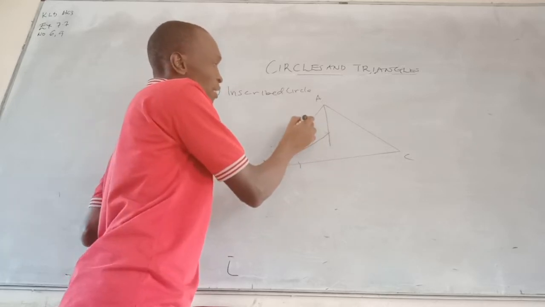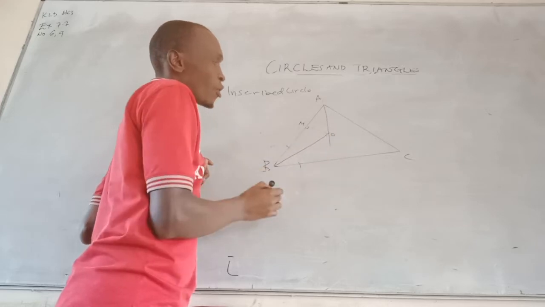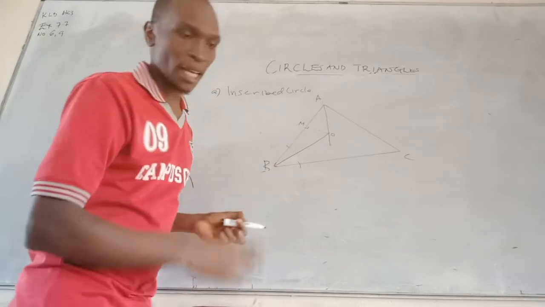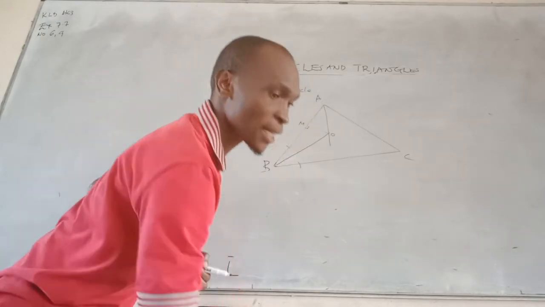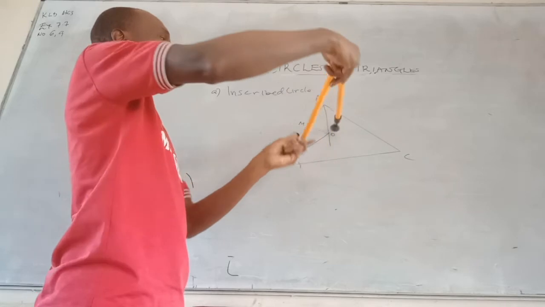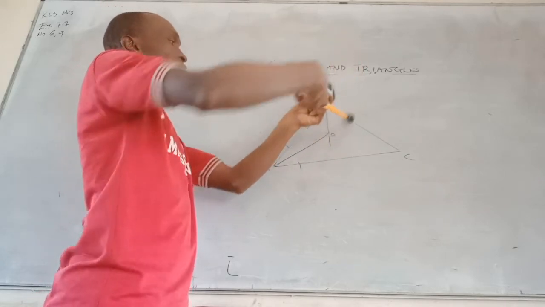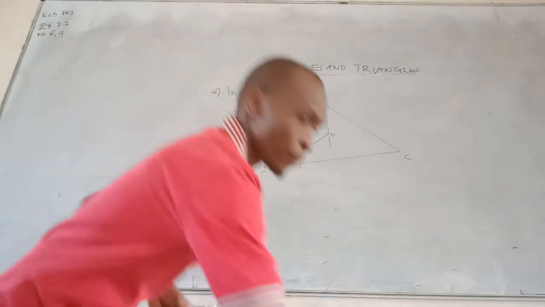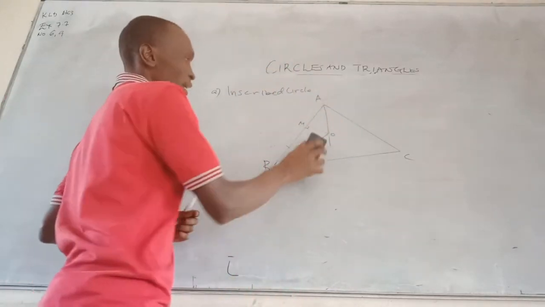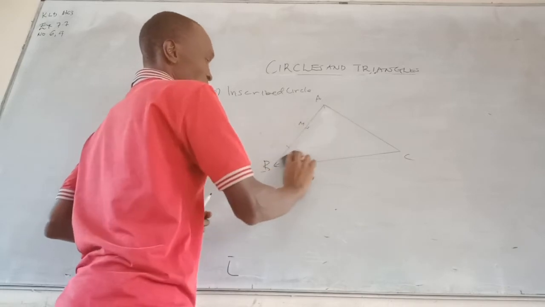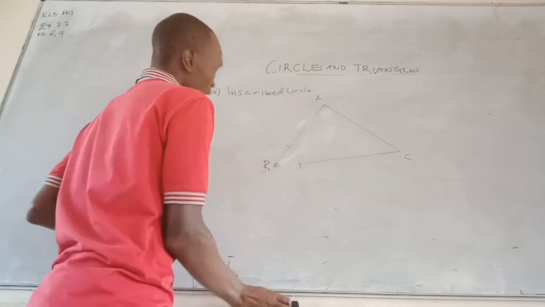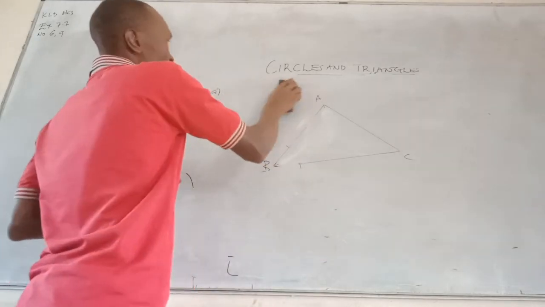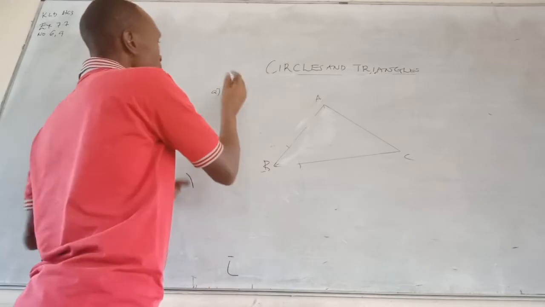So if I call this M and this is going to be O, then OM becomes my radius, and I use that radius to draw an inscribed circle. So I will stand here and then I draw the circle that will touch all the three sides of that triangle. Then the next illustration is a circumscribed